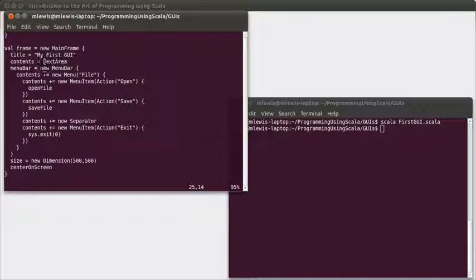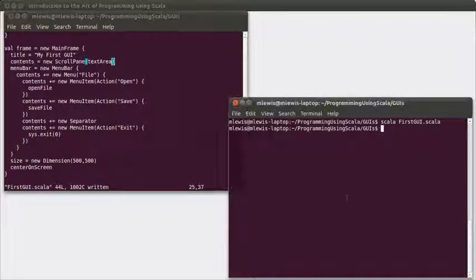So instead of just putting the text area in the contents, I'm going to nest that text area inside of a scroll pane. That's all it requires. So now the text area is being added, but it's being put inside of a scroll pane, and that scroll pane is put inside of the window. And when we run this,